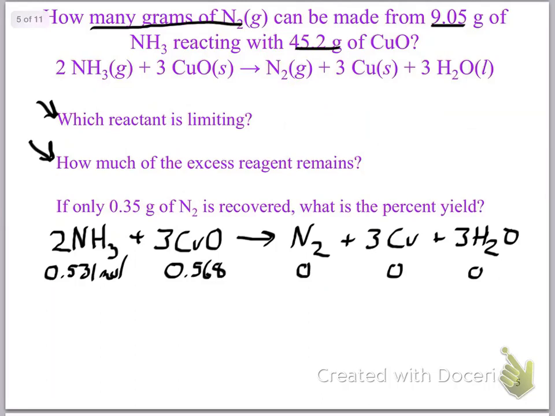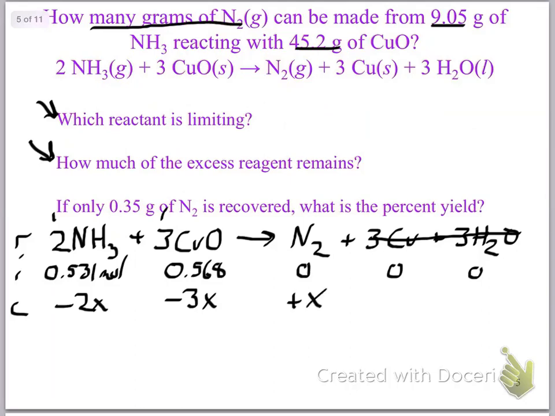Now, since the question isn't asking us anything about the copper or the water, we can just disregard that. That's just information that's not going to be utilized. And in our Rice method, this is the R, the reaction. This is the initial. The change, we can say, well, for every 2 ammonia we consume, we're going to consume 3 copper(II) oxide, and these come from our stoichiometric coefficients,